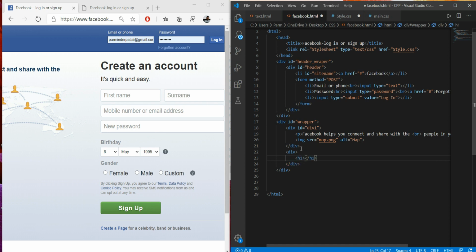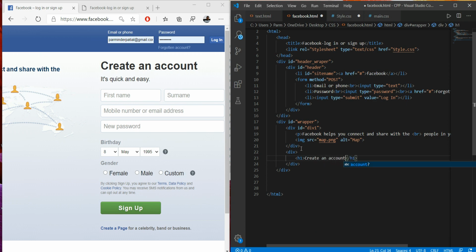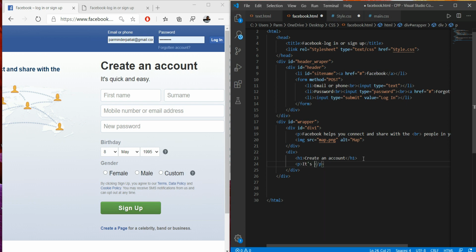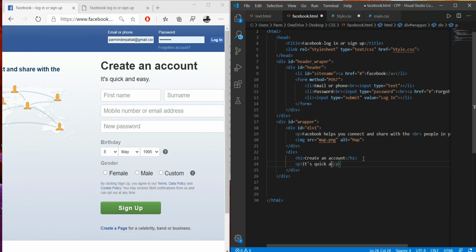Then here in this div I first have to use h1, and here I write "create an account", and in the paragraph section I have to write "it's quick and easy".